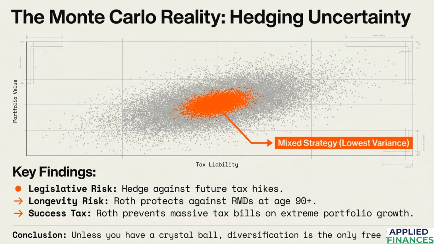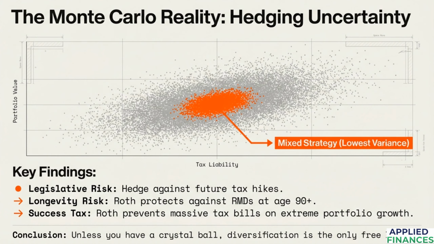By spreading your assets across different tax buckets, you are creating a more resilient wealth structure that can withstand different economic and political environments. The goal is not just to have the highest possible number on a spreadsheet, but to have the highest amount of usable wealth regardless of what the world throws at you. A balanced approach provides the stability and peace of mind that comes from knowing you have engineered a strategy for